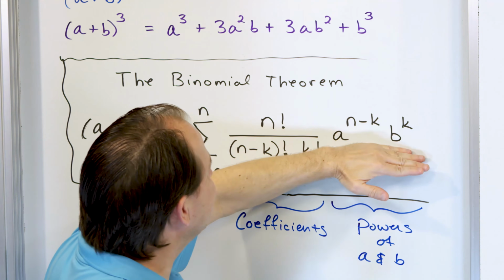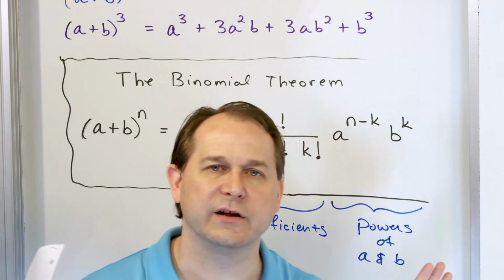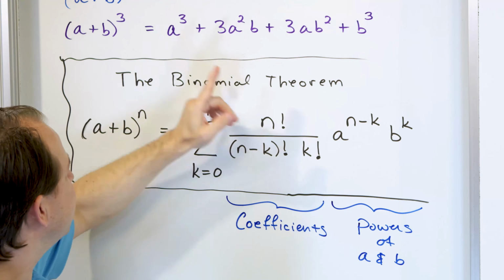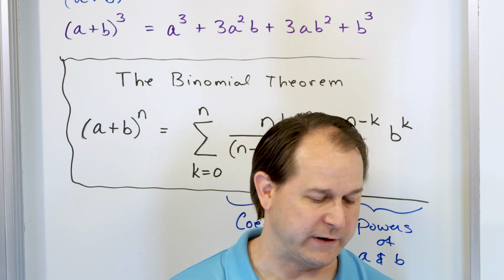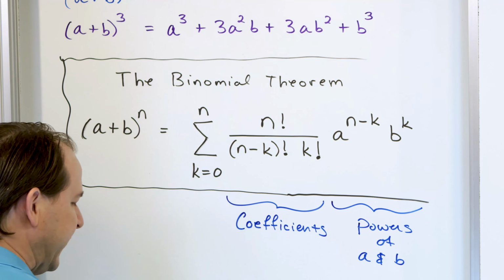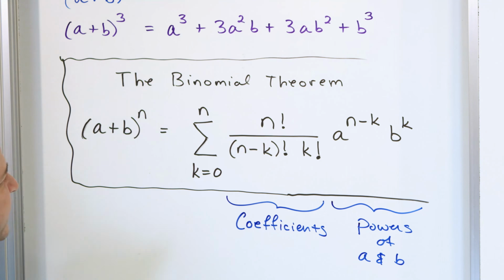So this here is just generating the a's and the b's. That's all it's doing. This stuff in the front is generating these coefficients, which can also be looked at in Pascal's triangle. Now, in order for us to really be able to do binomial theorem stuff here, we need to do a little bit of